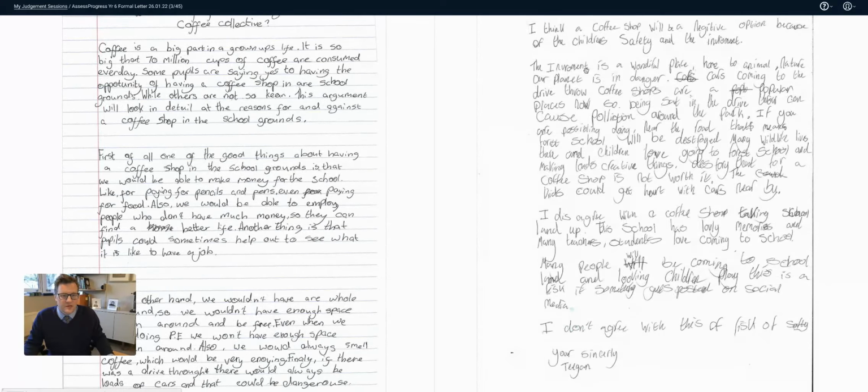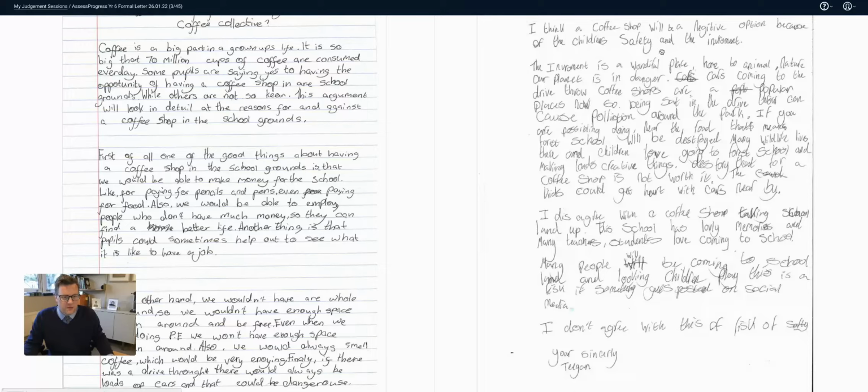This one suggested it was a negative. So does this back it up, and does it give any other opinions? Talks more generally about the planet is in danger, nothing specific. Cars coming through the drive-through shops, though, public places, causes pollution.